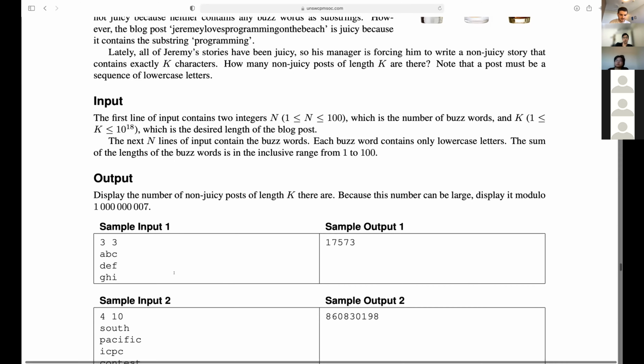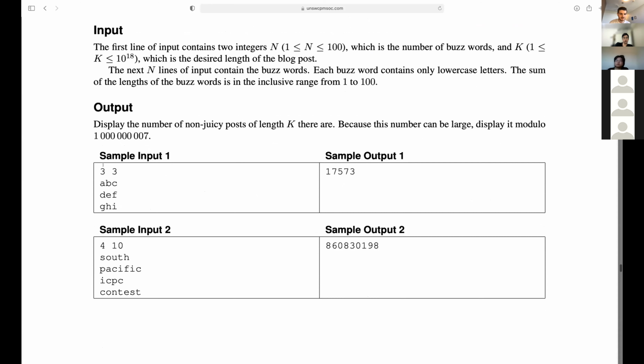So the examples here are not very good to go over. The first one, they give you a length 3 word to make, and it can't contain any of these 3 as substrings. To work out the total number of length 3 posts, including juicy ones, is just 26 to the power of 3, because there's 26 choices for each letter.